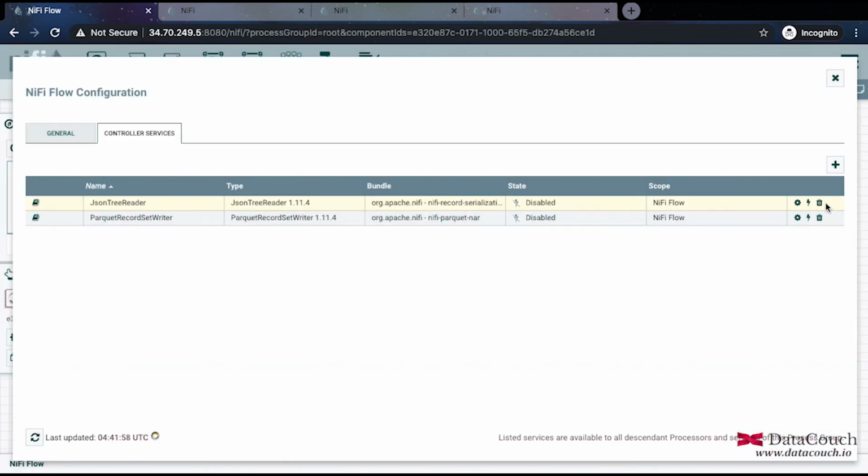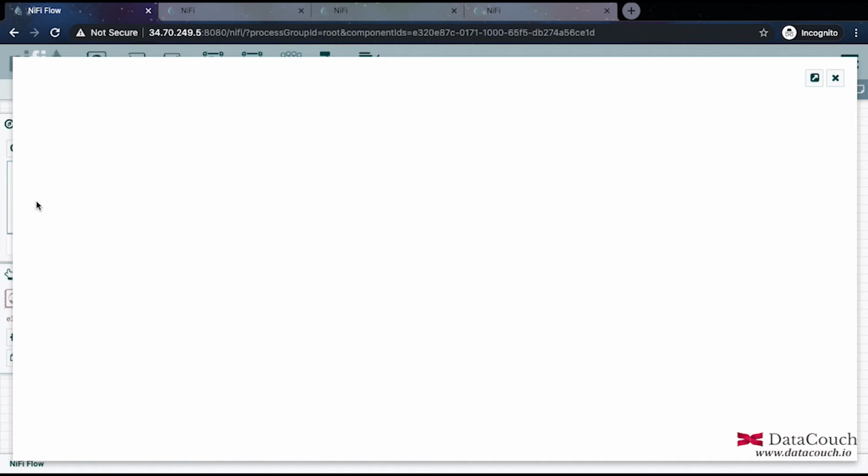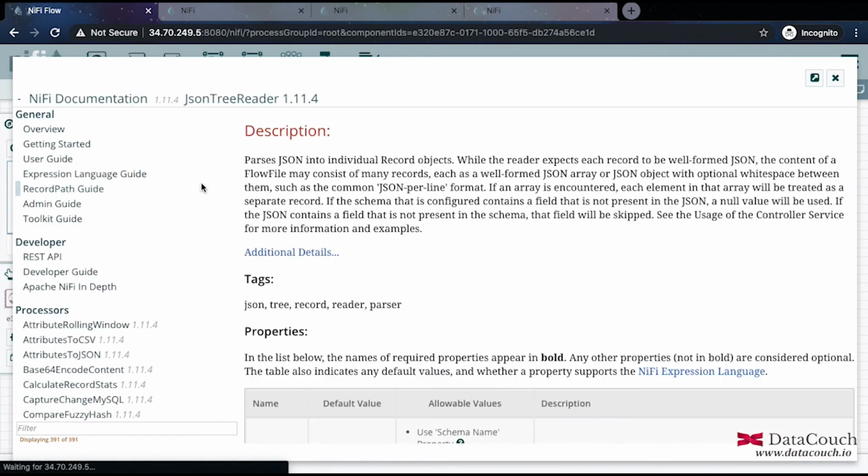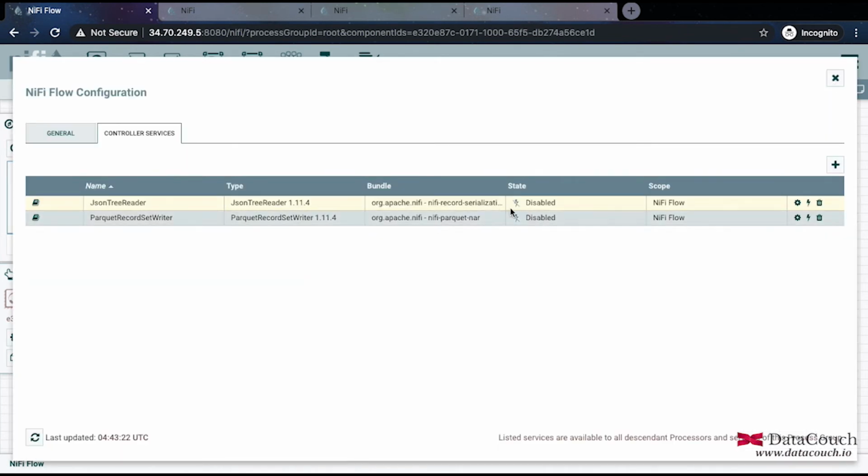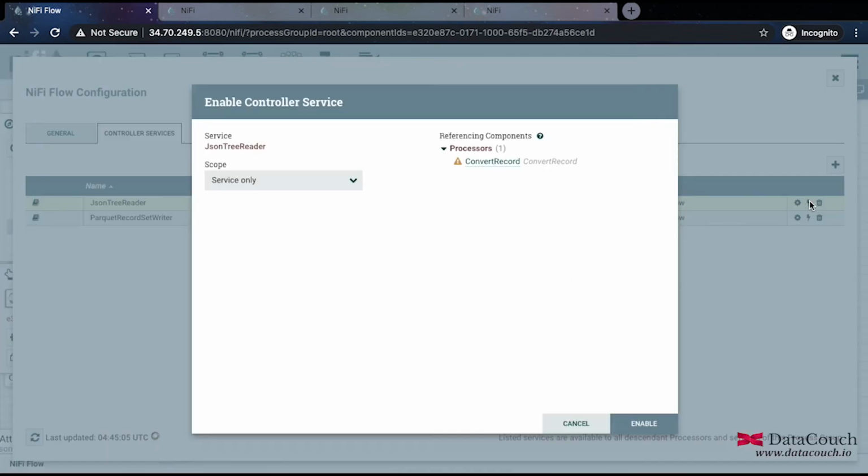Then I have this documentation. In case you want to read more about it, you can read it. I'll close it, and then I'll come back to this, and this is for deleting. I will not be deleting here, but I just want to start it. So we have to enable it. I'll choose this option, and we have the enable button.